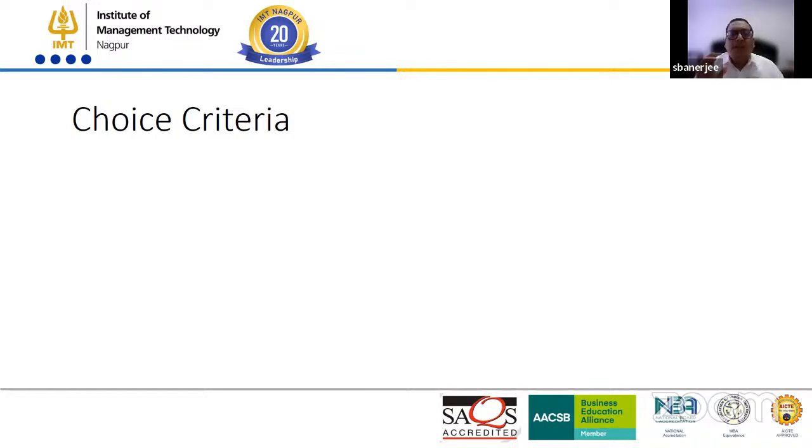Now, as far as the traditional choice criteria are concerned, in a sense, how most of us, most of the applicants, most of the future aspirants of MBA and PGDM will choose a B school in terms of their application, because this year it has become all the more important because all the premier B schools, the top rated B schools, the B schools that are well known in the map of the business world,